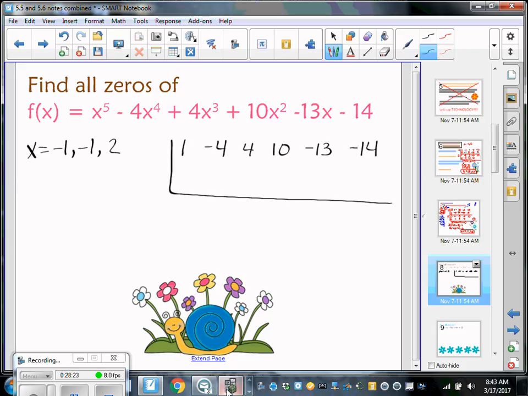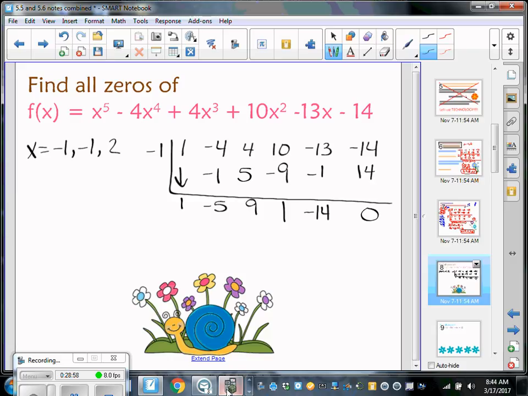All right, I'm just going to go right down my list, if that's okay with you guys. I'll start with -1. But does it matter what order I go in? No, it doesn't matter. So just to be clear, it doesn't matter which way you go. All right, so multiply -1, add -5, multiply 5, add 9, multiply -9, add 1, multiply -1, add -14, multiply